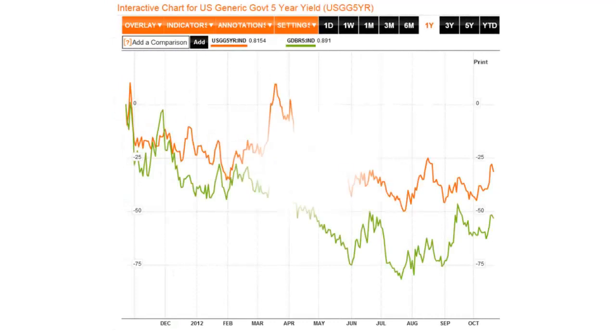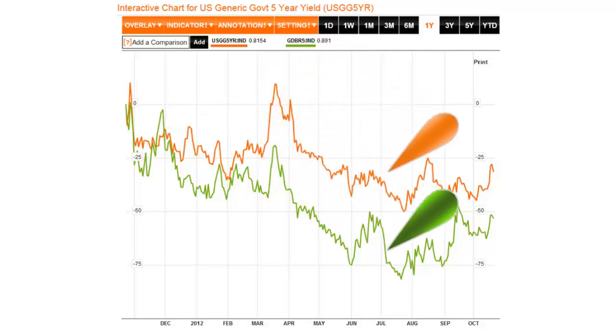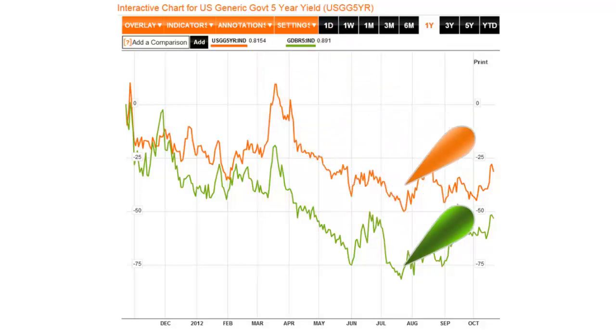If you take the UK off, so now we're just looking at the German 5-year and a US 5-year, you can see a little bit clearer now that the green is the German, and the orange color is the US. US was able to make a higher high in yield, while the German was unable to make that higher high going into March, going into April. So we see a slide lower in yield, and that was translated in the rally up in the T-note that we saw in the U.S. Treasury. So there's this symmetry between the two.